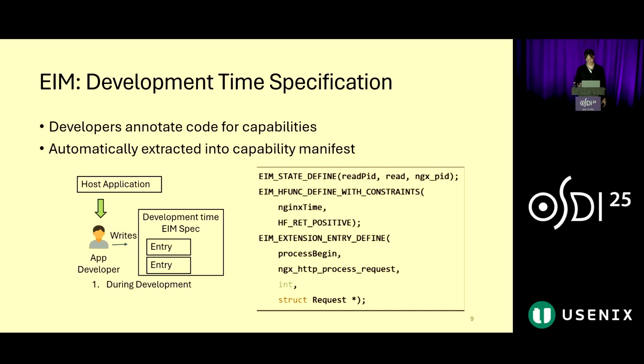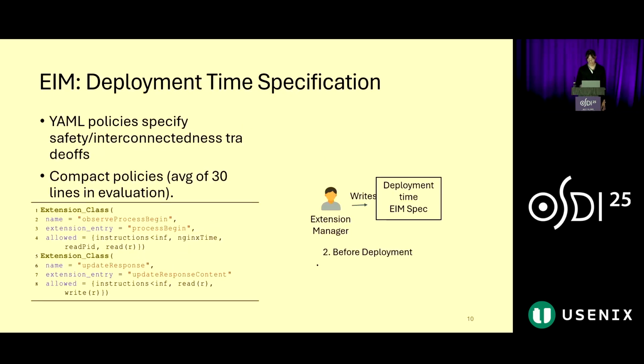The key insight is that developers only declare possibilities. They don't decide what actually gets used. At deployment time, the extension manager writes simple YAML policies that grant minimal privilege to each extension, enabling a fine-grained safety and interconnectedness trade-off. For example, an observability extension might only request data and call